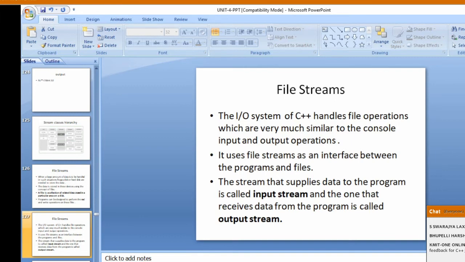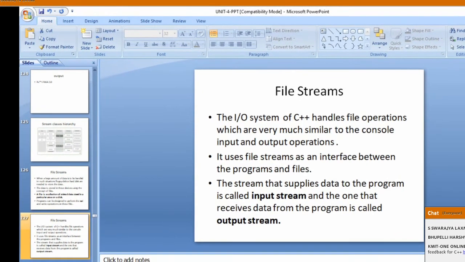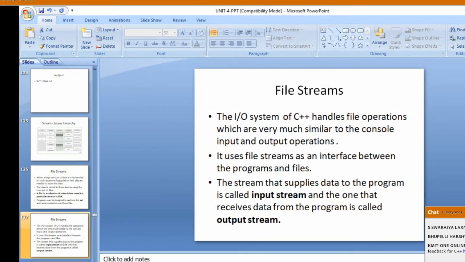Now can you hear my voice? Is my voice clear to you? Okay. Right. So as we have iostreams, in the same way we have file streams.